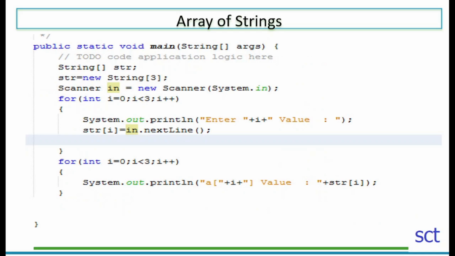Okay, so let me write the array of strings. Array of string is also similar to integer array. You have to declare String open bracket close bracket, say str, and str is equal to new String of 3. So 3 strings only I am allocating here. Here you can get the values from the keyboard and you can display the value like this. So as I mentioned in the formatting, same formatting is used here. Okay, let me write this code here in the